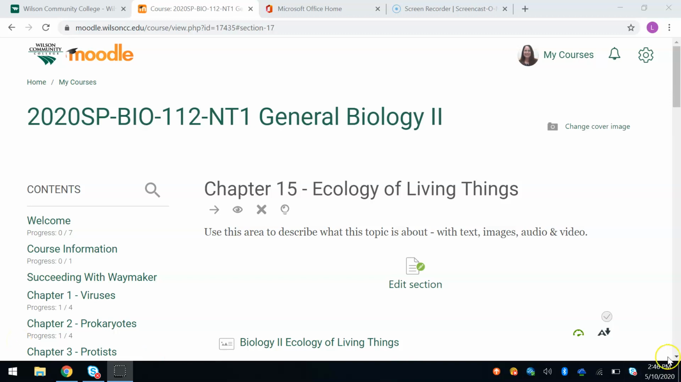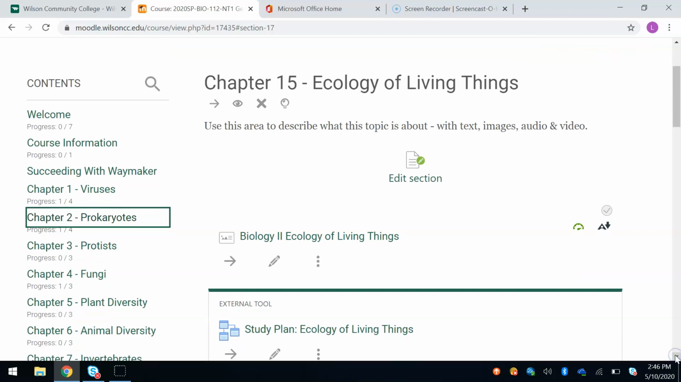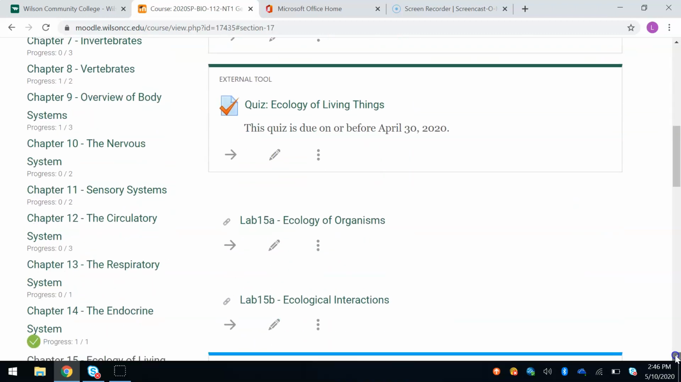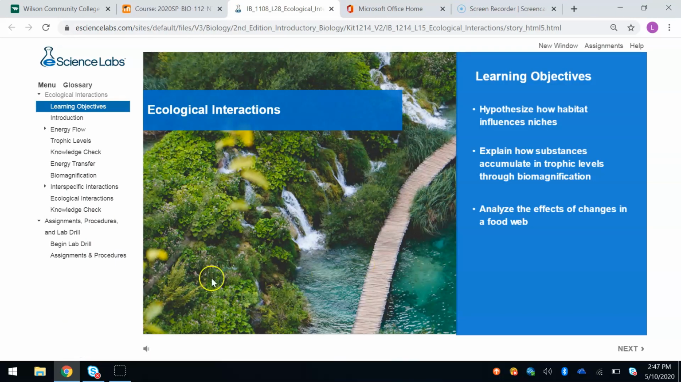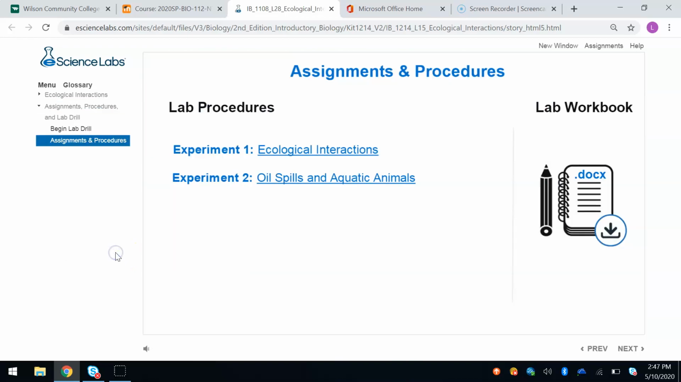Trinity, I'm not sure what kind of problem you're having with the ecological interactions. I'm assuming it's ecological interactions because that's the one with oil. But I'm just going to go through it. That's the only thing I know to do. When you click on it, go to assignments and procedures, and I think your problem is with